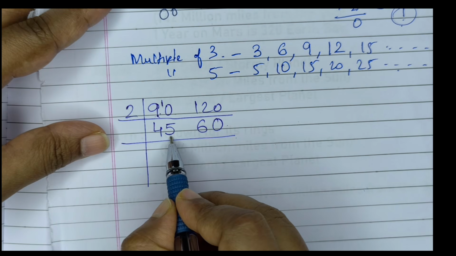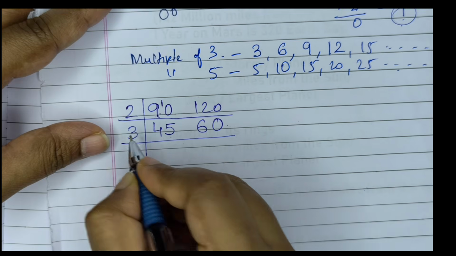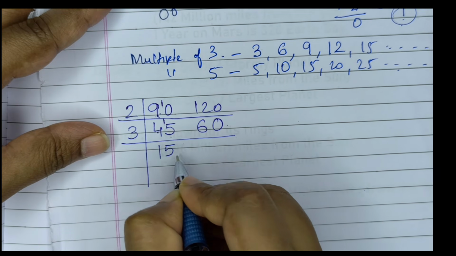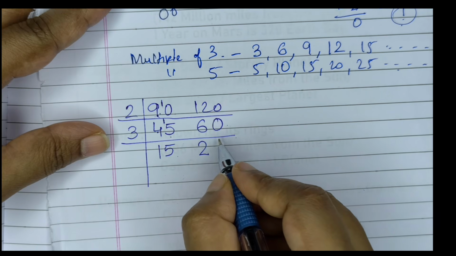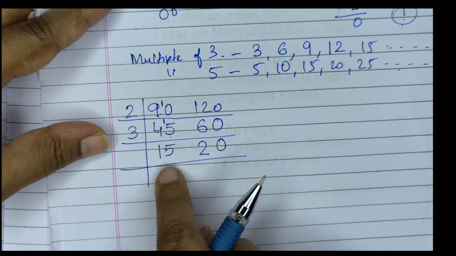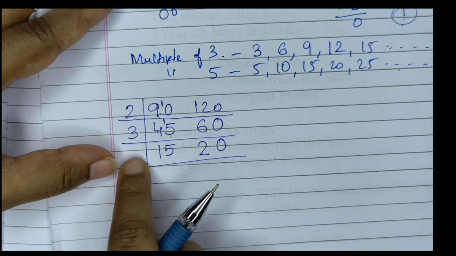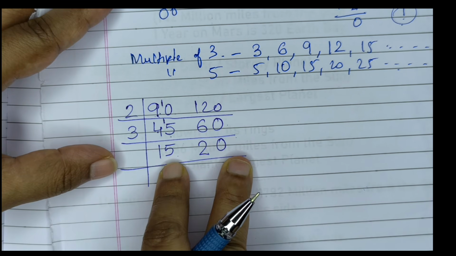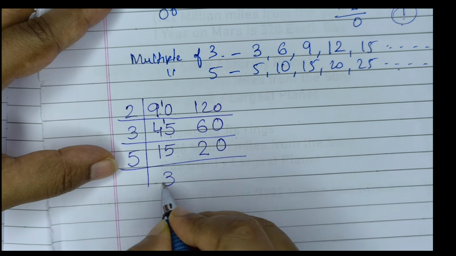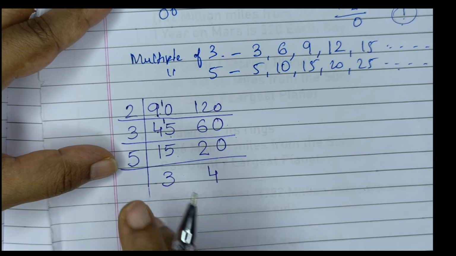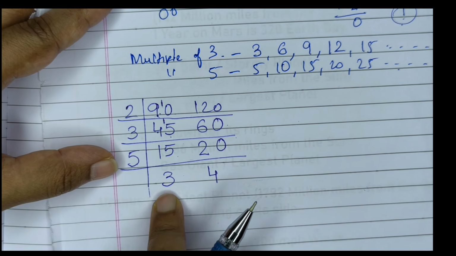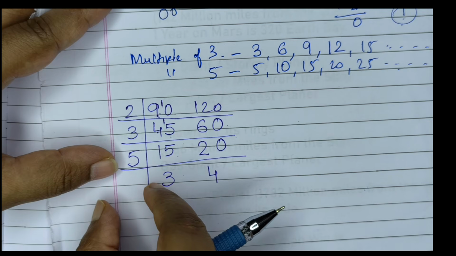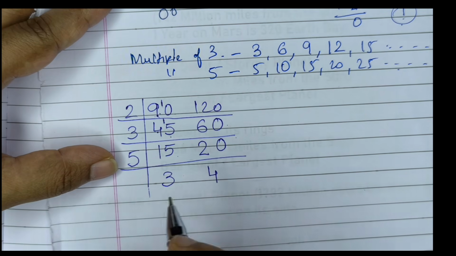Okay, again we cannot take 2 because there is 5 over here, but we can take 3. In less than 4, 3 ones are 3, carry 1. 3 fives are 15. 3 twos are 6 and 3 zeros are 0. Now 15 and 20, again can you take 3? No, you cannot take 3 because 20 is not divisible by 3. Okay, so these two numbers are divisible by what? By 5. 5 threes are 15 and 5 fours are 20. Can you proceed again? No, because here there is 3 and here there is 4. Both these numbers are not divisible in any one table. So we have to stop the division over here.